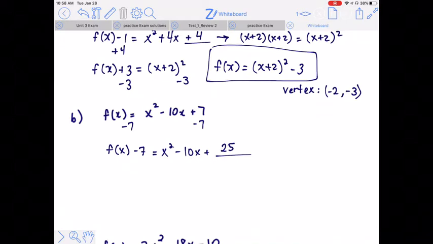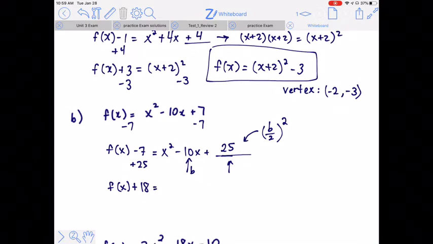The typical formula that most college textbooks use is that this value here is half of b, squared, where this value right here is b. So now if we add 25 to this side, we've got to remember to balance the equation by adding 25 to that side. So now we have f of x plus 18